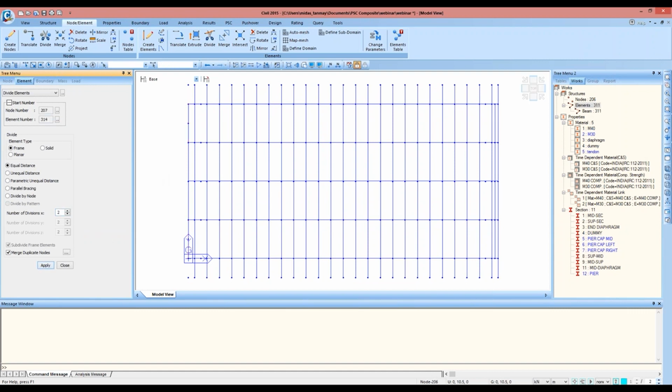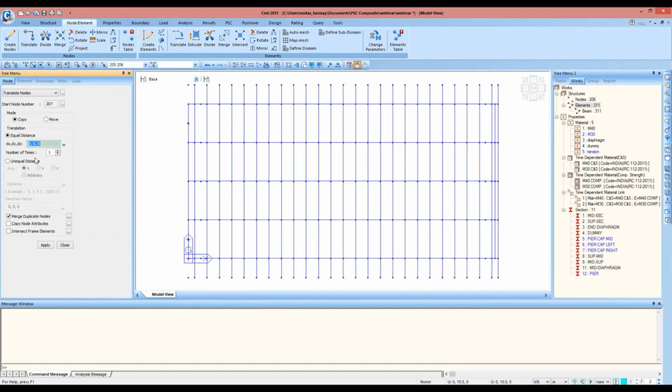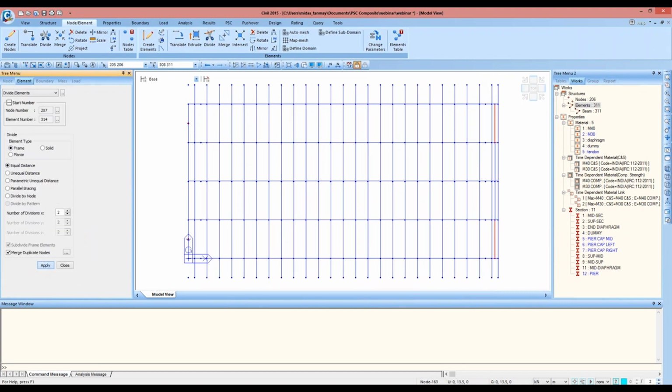So these two nodes have been generated, and now I'll translate these two nodes in the z direction minus 2.25 minus 0.1, and the same thing will be done for the nodes for the permanent supports on these diaphragms also. So I'll first divide them also in two parts and select these two nodes also,